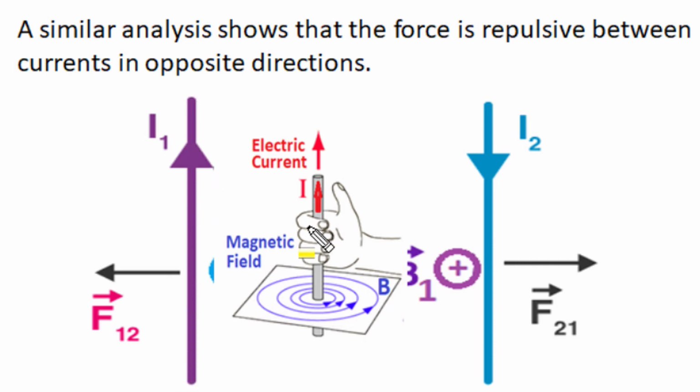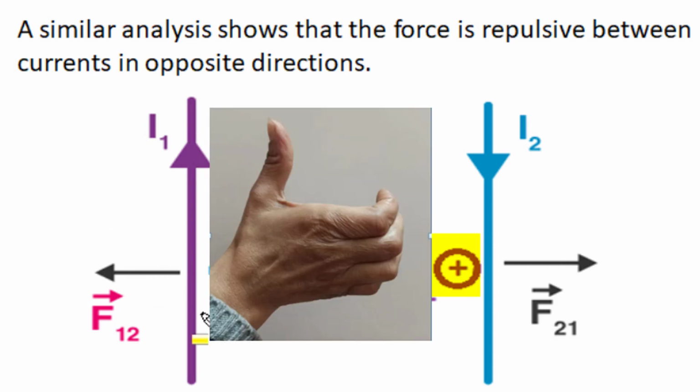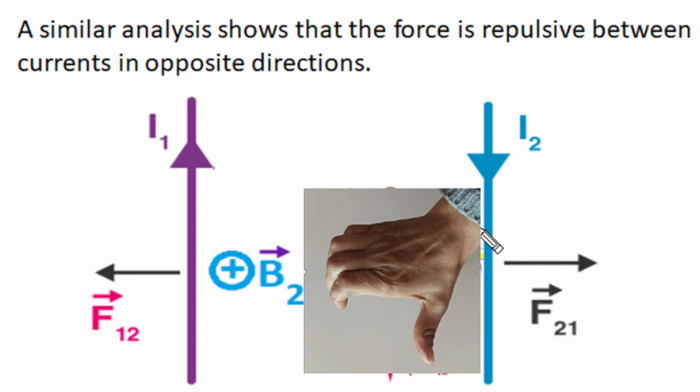As per Maxwell's right hand thumb rule, the magnetic field of this magenta I1 current is perpendicular to this screen plane and inward, as when the thumb of the right hand is aligned along the current, the curl of fingers around this conductor in anti-clockwise circles indicates the inward normal to plane direction of magnetic field by I1 current. Similarly, for the I2 current in downward direction, when the thumb points in the direction of current, the curl of fingers indicates the clockwise direction of magnetic field around this current, and that's again normal to this screen and inward